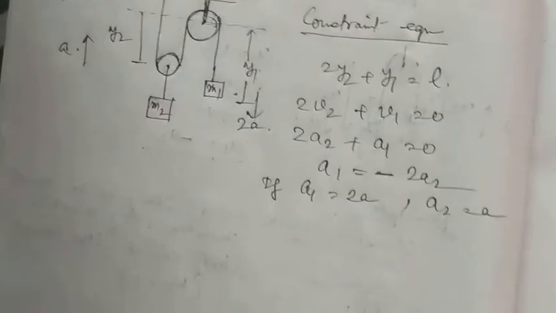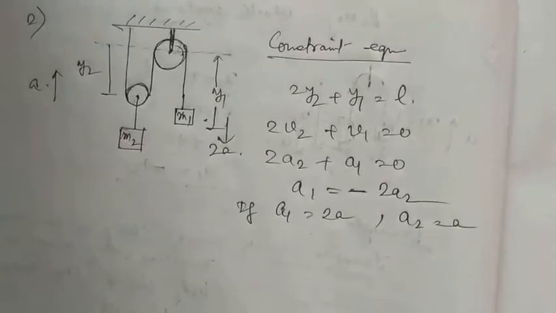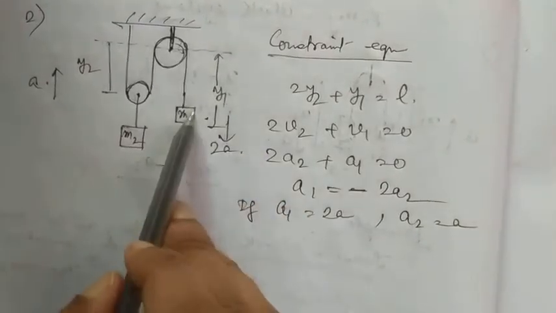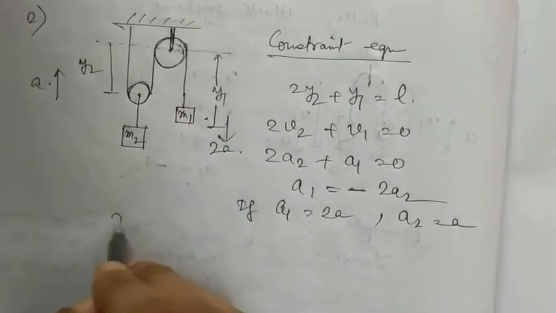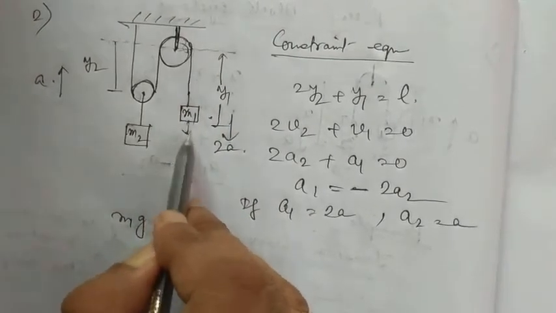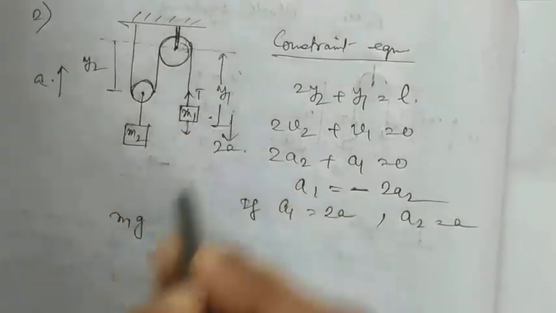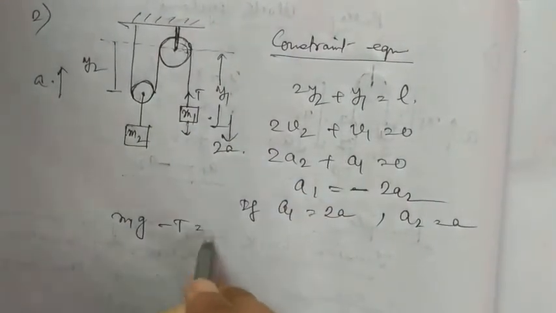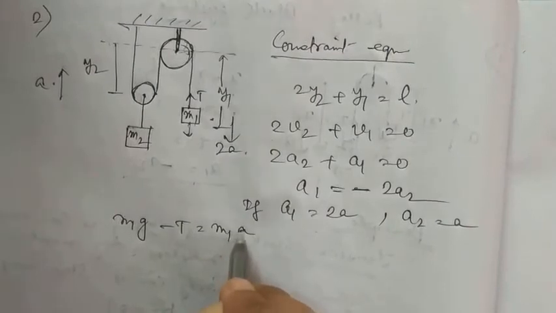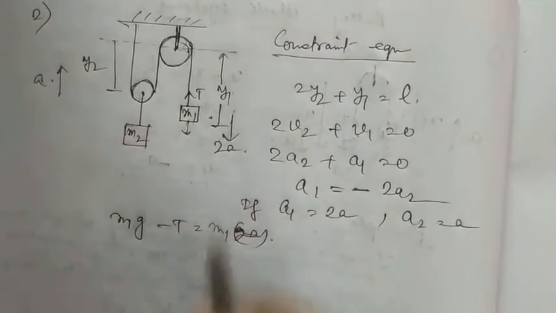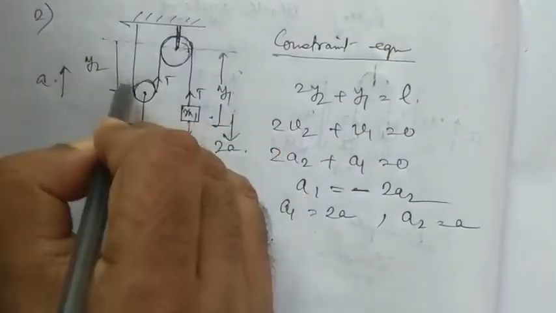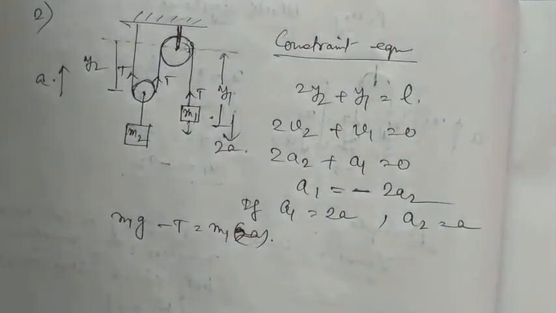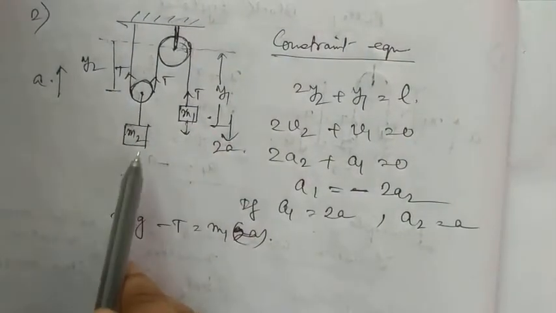Now writing the free body equations, the free body equation of this M1 block is M1G acting downwards, tension T acting upwards, so M1G minus T is equal to M1 into 2a. The acceleration is 2a. This tension force, as it is the same string, will be T. Here also it will be T. Now the equation for this block,